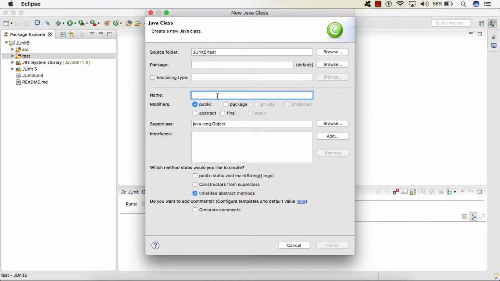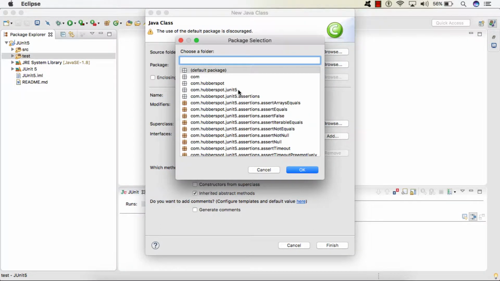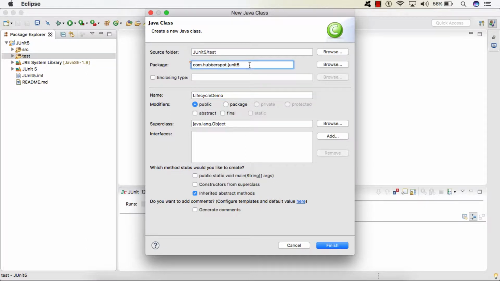I will provide a name to it as LifecycleDemo, and I will keep it in a package com.hubberspot.junit5.lifecycle.permethod, because here we are seeing the demonstration of lifecycle methods of a test class when they are executed in per method mode. So we'll click finish.